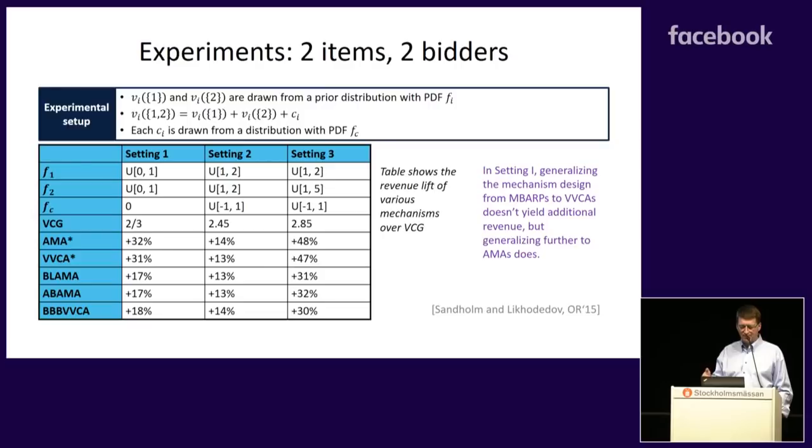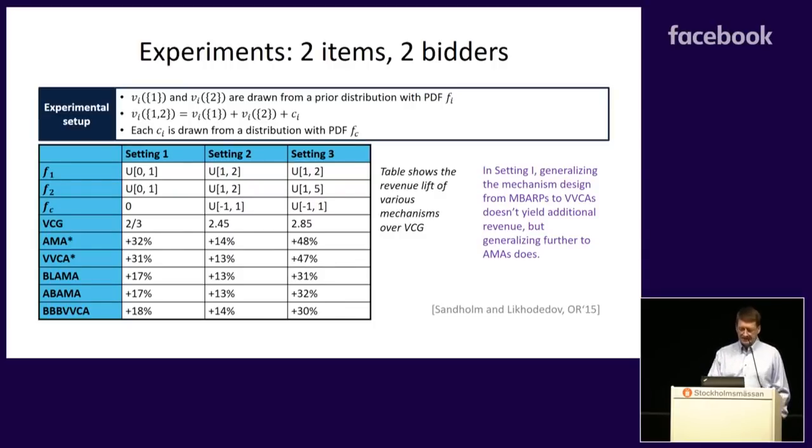And the value for the bundle is the sum of the values of the items plus some constant C, where C is drawn from a distribution Fc. We have 3 settings on the slide here. The first setting is the simplest one where there's no complementarity, so C is 0. And we're drawing the valuations for the items for both agents uniformly from 0, 1. The VCG gives revenue 2/3, and then the other auctions give a revenue lift ranging from 17% to 32% over